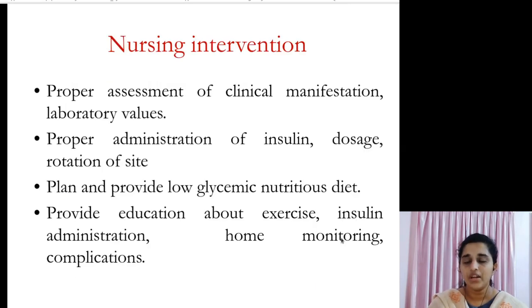So hope you all understood about this topic. In this topic we have mainly discussed the general classification of diabetes mellitus and the definition of type 1 diabetes mellitus, etiological factors, then the clinical features of type 1 diabetes mellitus and major consequences in the protein, carbohydrate and fat metabolism, clinical manifestations, lab investigations, and we have seen the management and nursing management. So hope you all understood this topic.